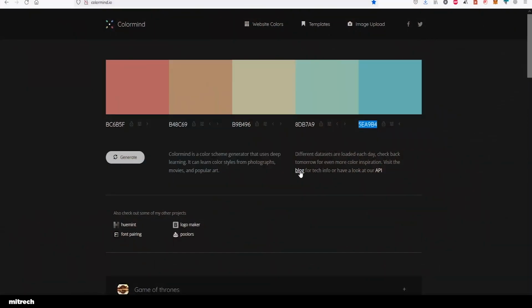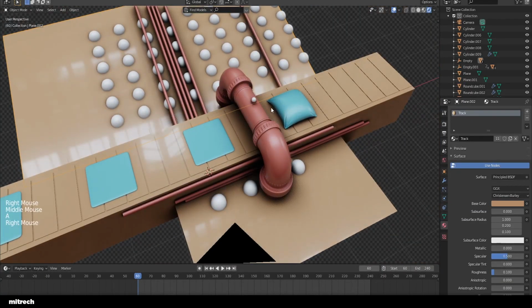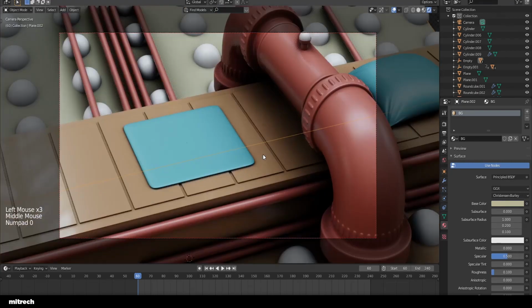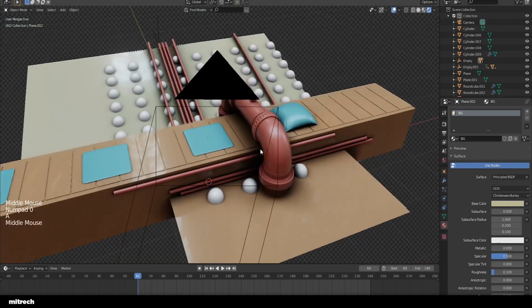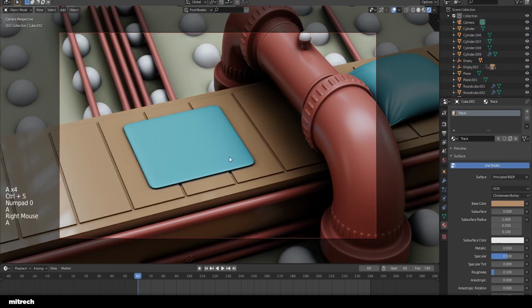Alright, let's try a different color. See if it looks better like that. So just call this background and let's see how it is looking with this color instead. It could work. I'm gonna keep it like this, and if I change my mind, I'll just change it back to the track